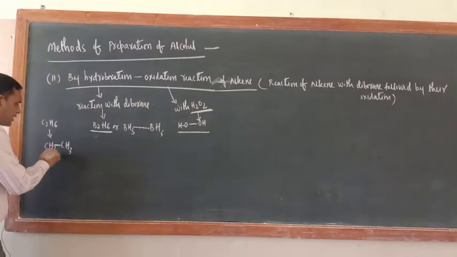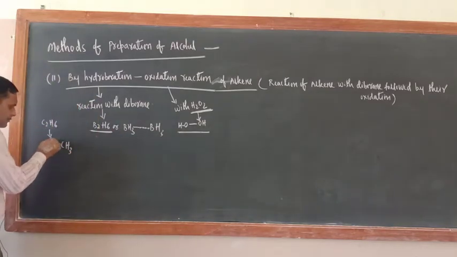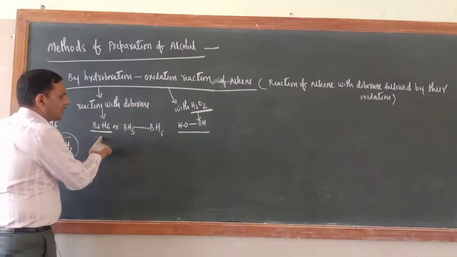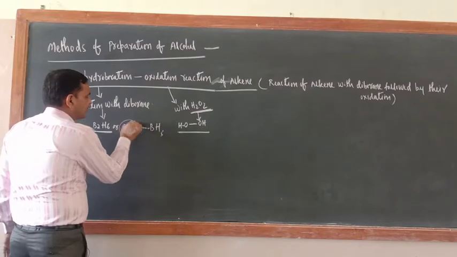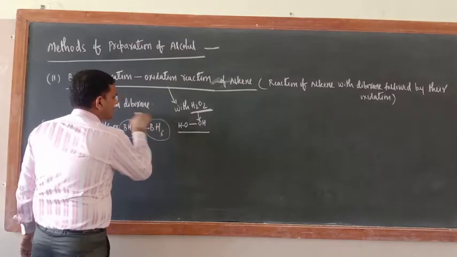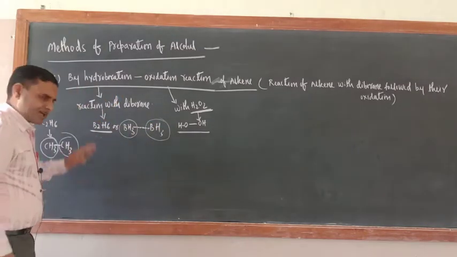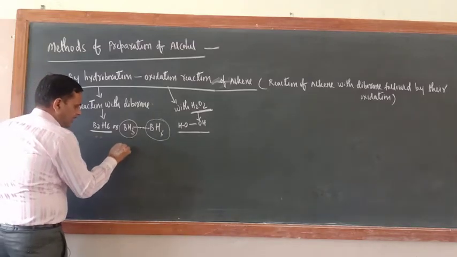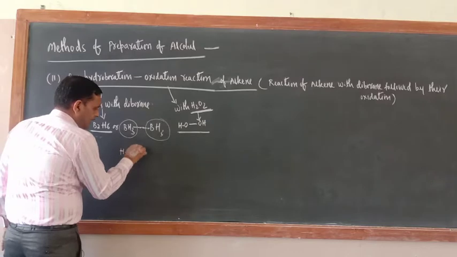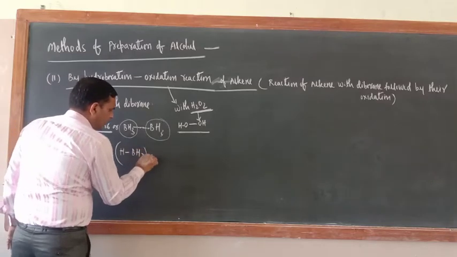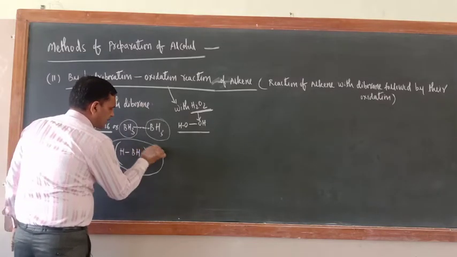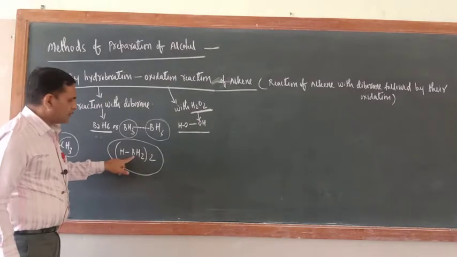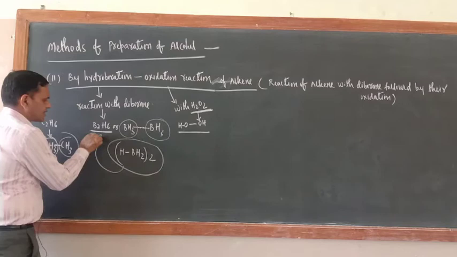So just see, one unit of C2H6 molecule is CH3, another unit is CH3. Similarly in diborane, one unit is BH3, the other unit is this BH3. In the NCERT book, what they have written is like that: HBH2 whole twice, HBH2 whole twice, correct? They have written like that. So the meaning of this one is this.